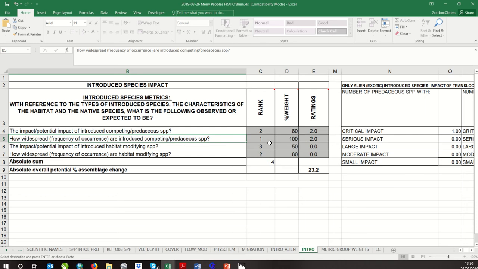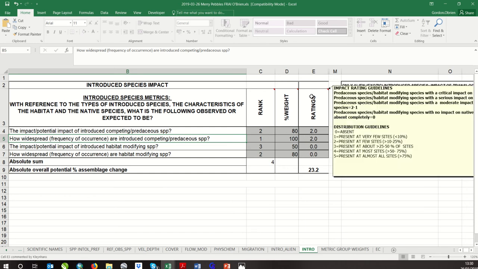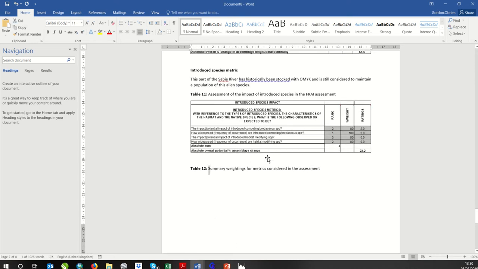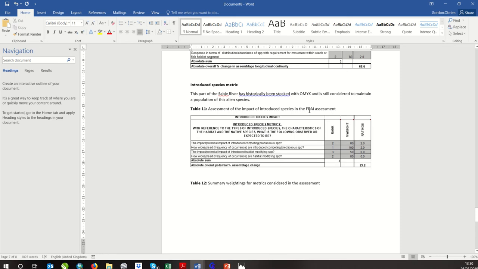And we've only got trout there, which I've considered to be with a rank of 1 and 2, and I've just given it a rating of 2 to say that there's a possibility that there's been a small change from reference in the fish communities because of trout. Okay, so then the argument here is just to say these OMYK are